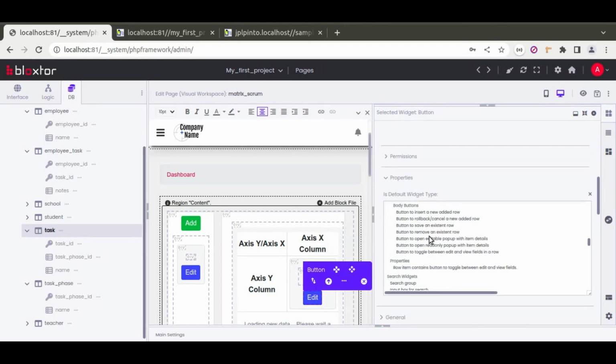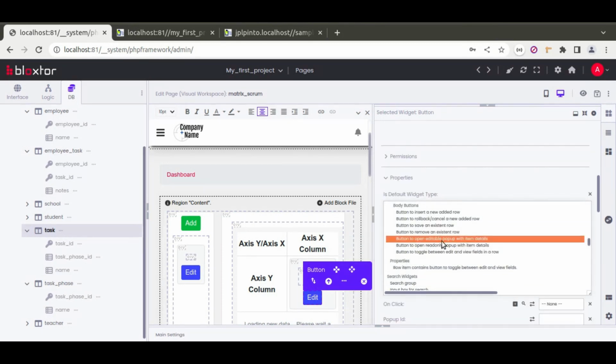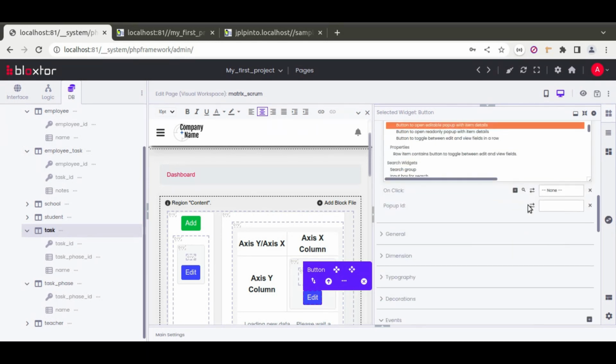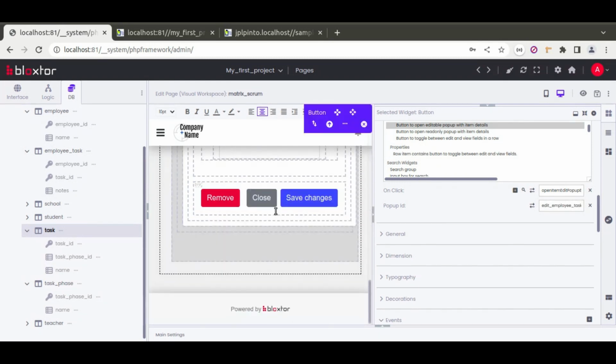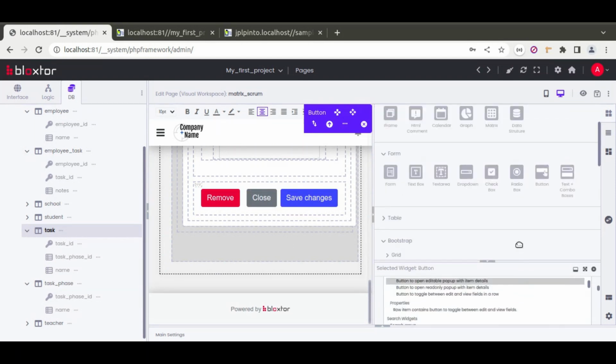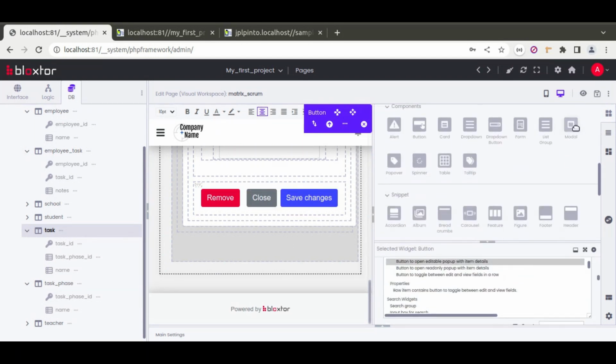We classify this button as a button to open an editable pop-up with item details, where we want to execute the open item edit pop-up by ID, and here we need to put the corresponding pop-up ID. So we need to create a pop-up which will have the ID of edit employee task pop-up, something like this. Okay. And now we can scroll down and let's drag and drop a new modal